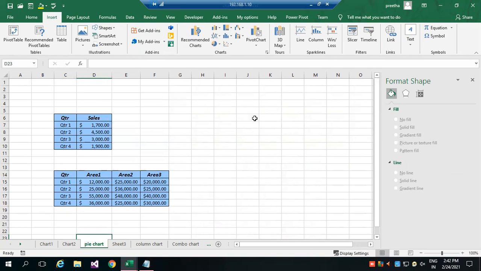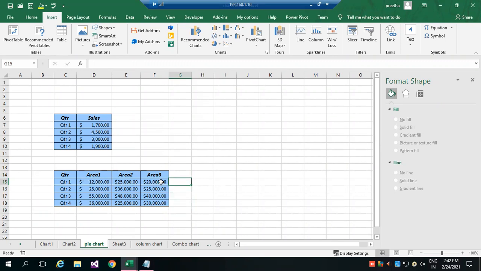If you have less data, you wanted to get a tiny chart in the worksheet itself, instead of a separate chart that appears as an embedded object on the worksheet area. But if I wanted to get the small comparison or tiny chart in the cell itself, then place the cursor here.